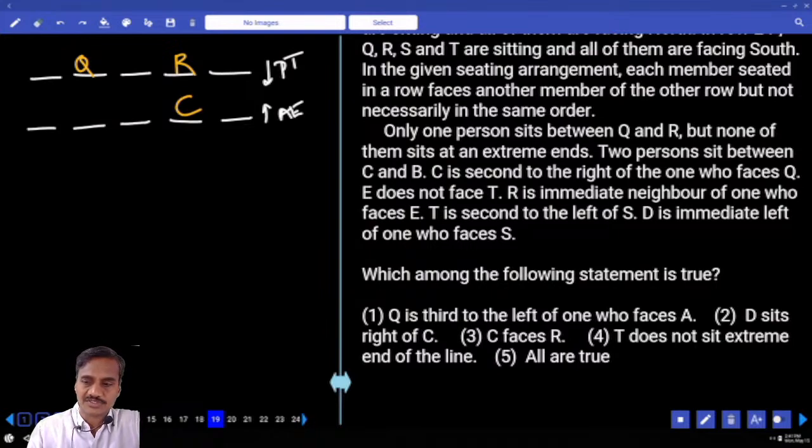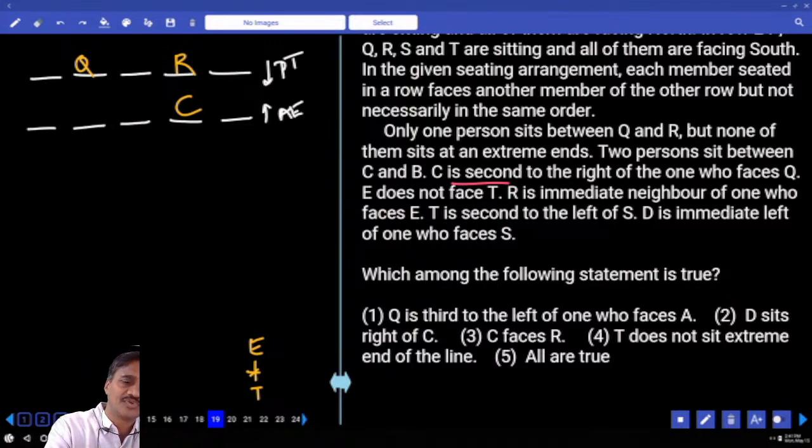Then E does not face T. E and T are not opposite to each other, and R is an immediate neighbor of the one who faces E. E can be here or E can be here. There are two possibilities. R is an immediate neighbor, and T is seated second to the left of S,